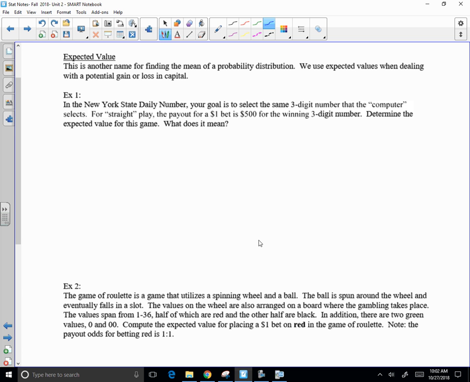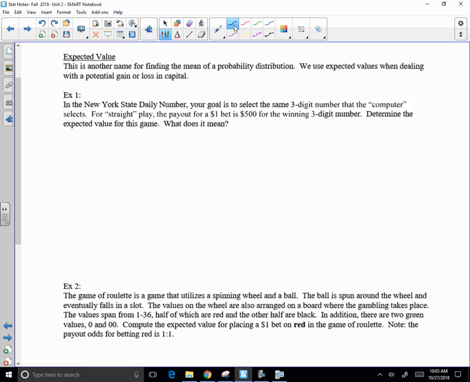Expected value. Another name for finding the mean of a probability distribution. So kind of like what we just did. We use expected values when dealing with potential gain or loss in capital, so money, typically. In the New York State daily number, your goal is to select the same three-digit number that the computer selects. For straight play, and that's what we'll worry about here, the payout for a $1 bet is $500 for the winning three-digit number. Determine the expected value for this game, and what does it mean? Okay. So,